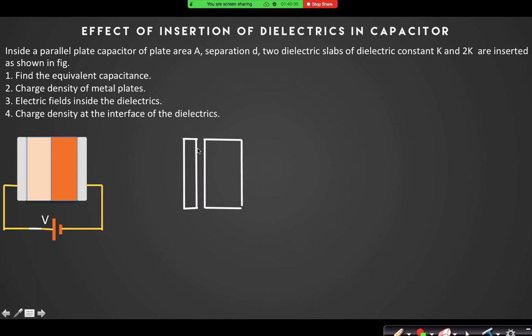Dielectric slab. And I have assumed another metal plate here, of whatever may be the thickness of the metal plate. Right? And there is another dielectric slab here. Now what I understand your question to be is, is that arrangement true? Can I use that metal plate? Because if I use that metal plate, then the charge on the metal plate should be 0, right?